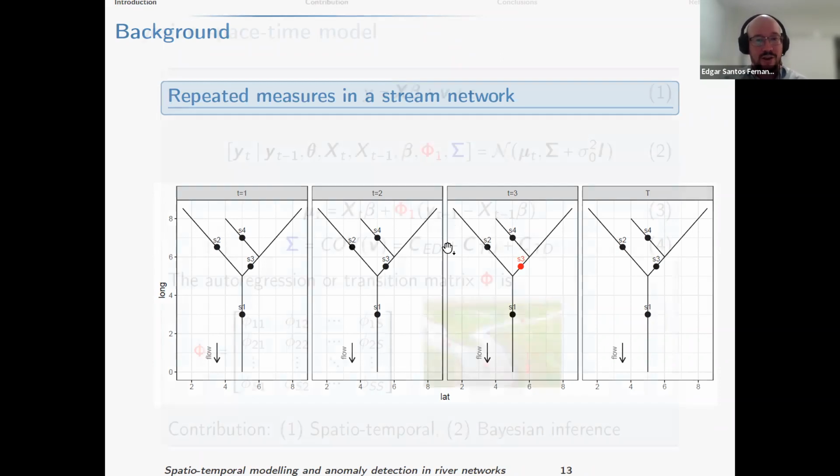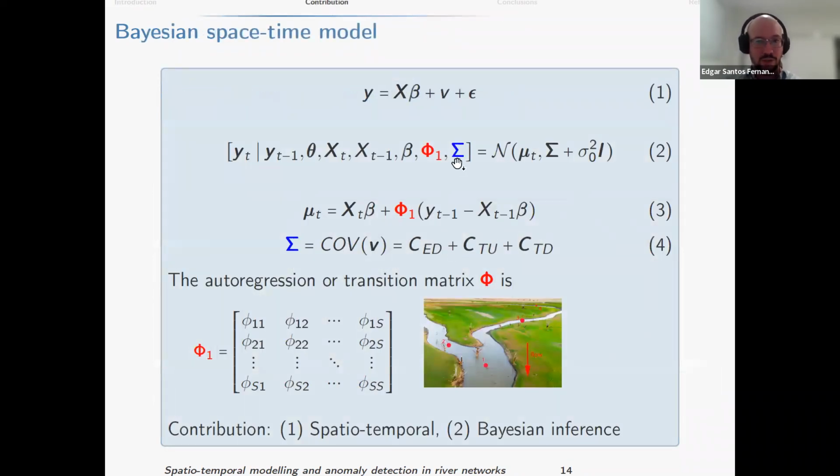In this work, we propose the following model. We have a response variable y, that could be, for example, water temperature or nitrate. And we are going to express it as a linear combination of some covariates plus some quantity v. We are going to incorporate spatial dependence in this parameter v, and to do so, we are going to use covariance matrices, for example, combinations of different covariance matrices that account for flow connectivity and stream distance. We can also have covariance matrices that use Euclidean distance, like the traditional